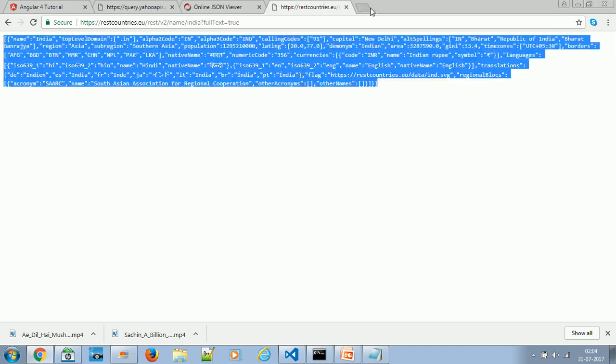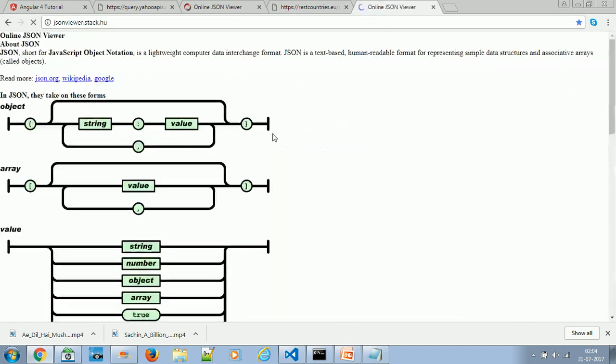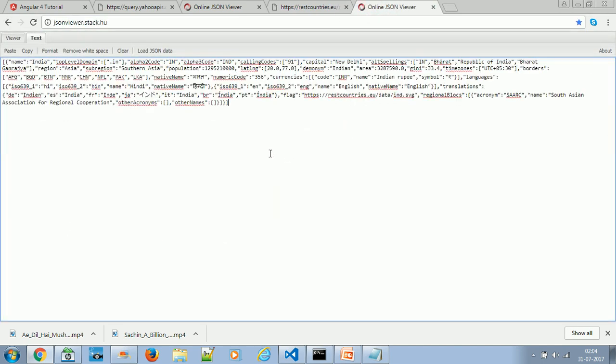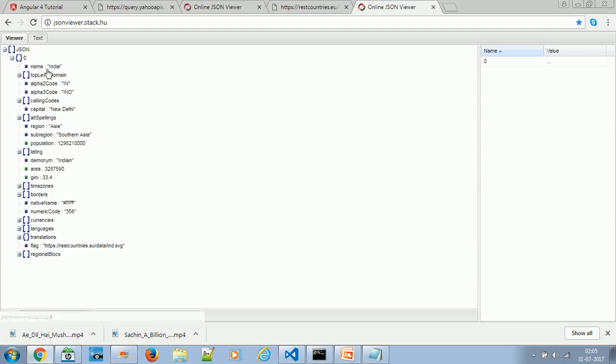So again I'll open one more online JSON viewer, or online formatter. I'll just paste it and come to the viewer and see we get the response. So it is the 0th array and dot name is India. Then I can use dot capital.